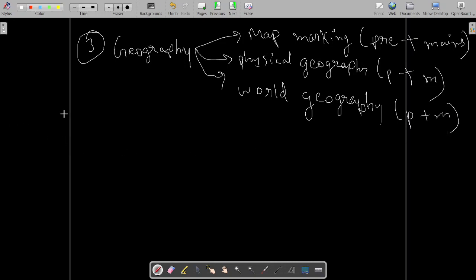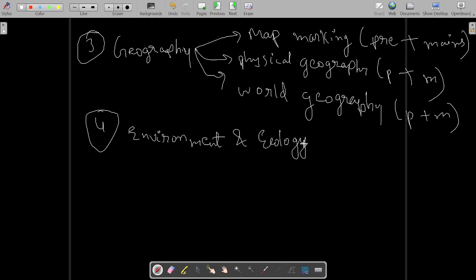Then you have something called environment and ecology. It is not bifurcated in any part. Environment and ecology is one subject altogether. Some people put it in geography. What do some people do? They put environment and ecology like this over here, meaning one of the bifurcations of geography is environment, they call it like that, but it is